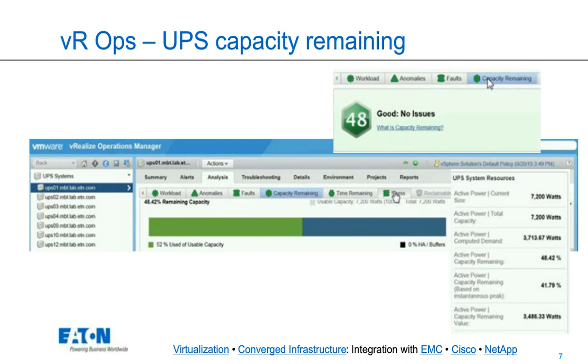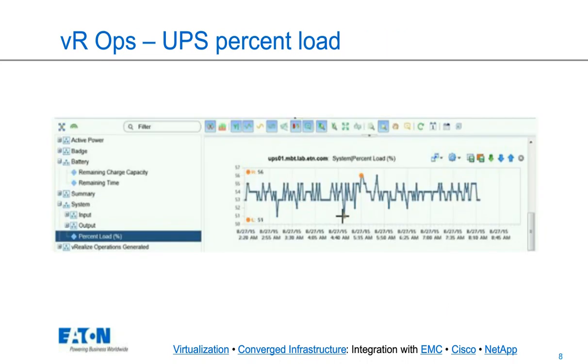On the next slide, what I'm showing is percent load. The percent load is what percentage of your UPS total power is used at any point in time. And you can see that we continue sampling these. This was August 27th at 2 in the morning through 8:45 in the morning. You see that we averaged in the mid-50s of percent load, but we did log a low and a high during the time, the low being 51% and the high being 56%.